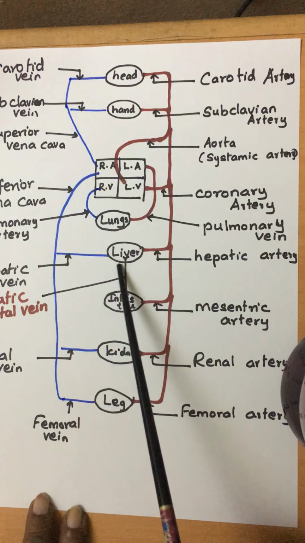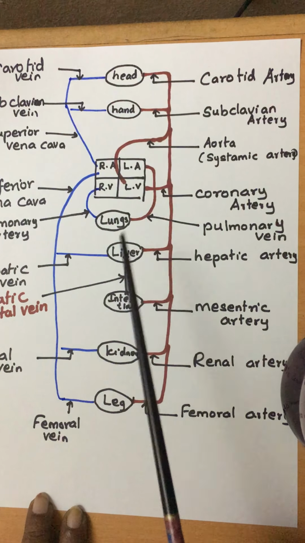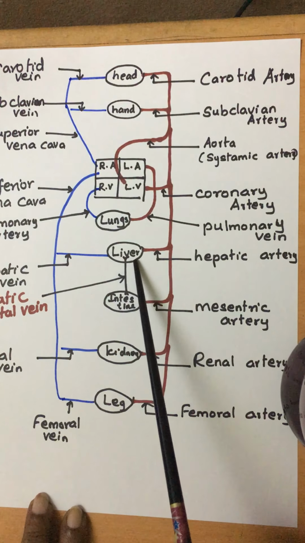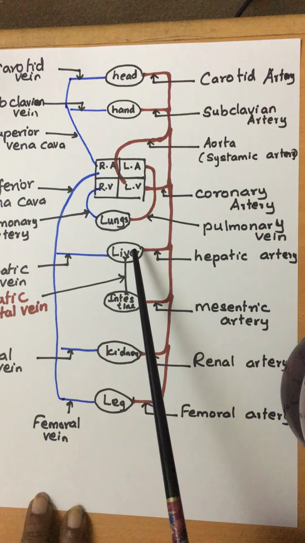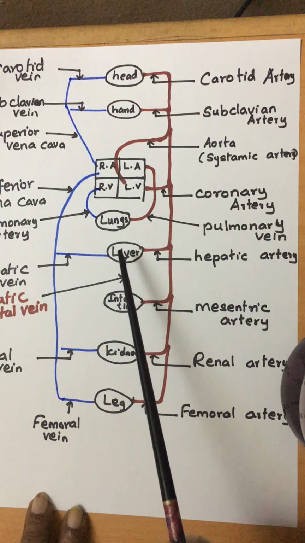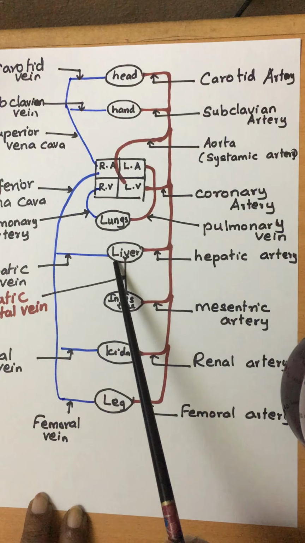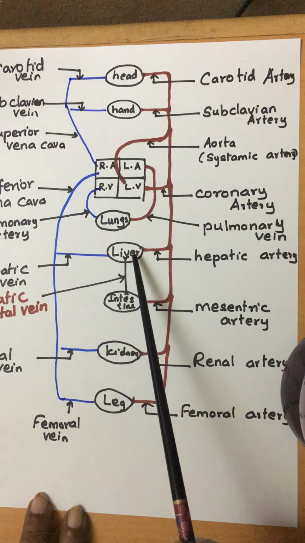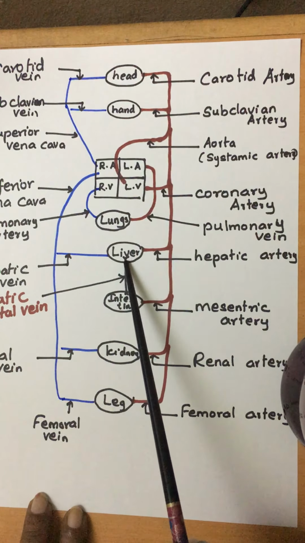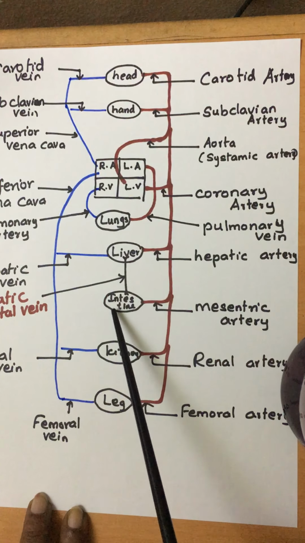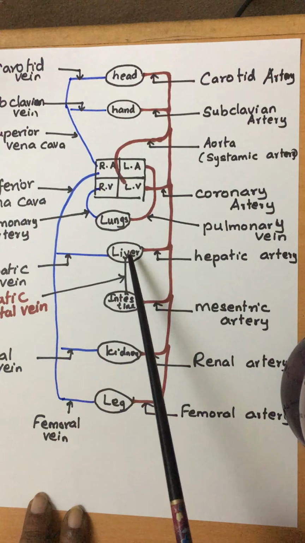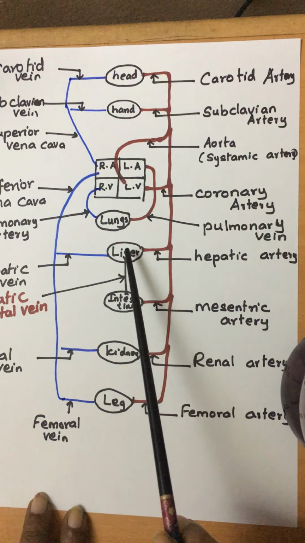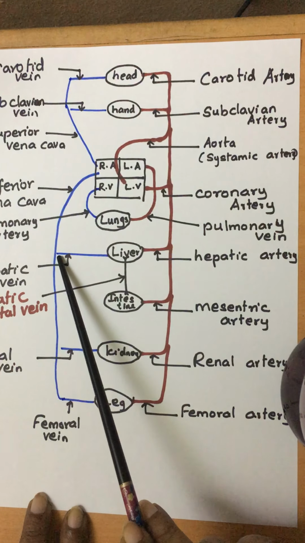The insulin hormone is secreted by the pancreas. In the digestive system, there is a gland, the pancreas. The pancreas secretes insulin hormone straight away into the blood. The blood takes insulin to the liver. Here the action happens, that is, excess glucose is converted to glycogen by the insulin hormone, and that reaction happens inside the liver. So the food, that is amino acid and glucose level, is regulated by the liver. That's why from the intestine it first goes to the liver and then goes through the hepatic vein.